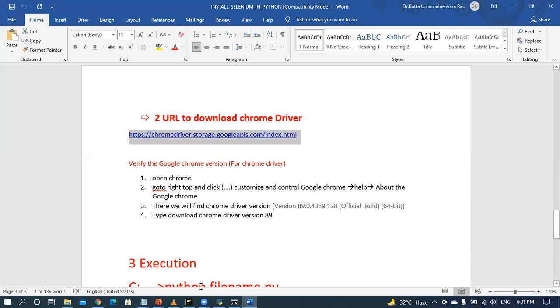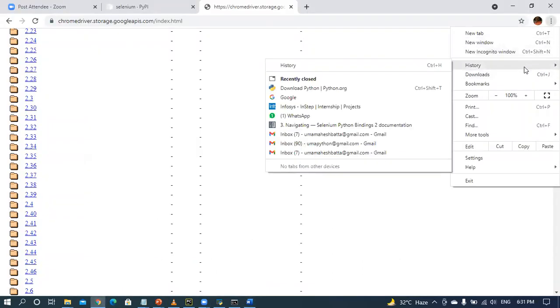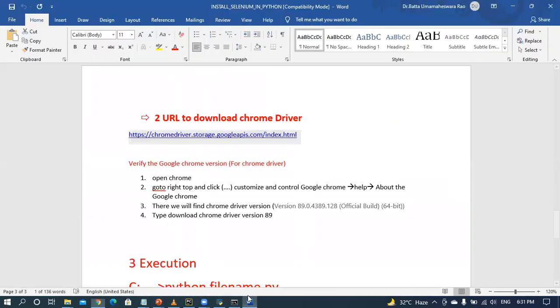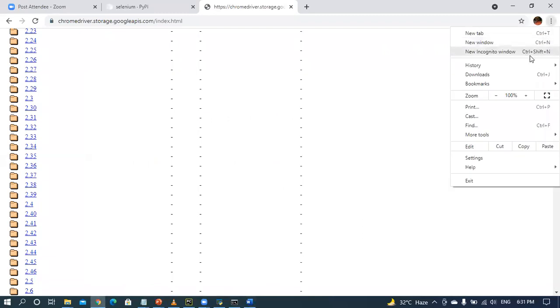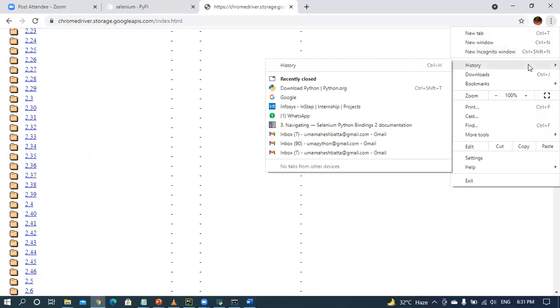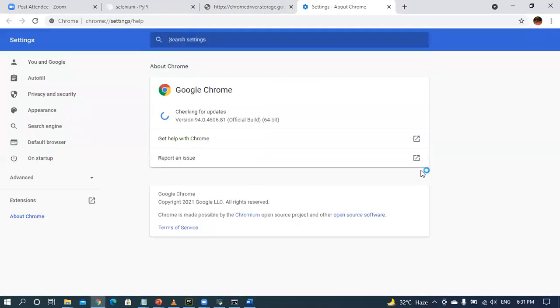Go to help, about Google Chrome. You have to verify that one. Then here you will identify the supported version.